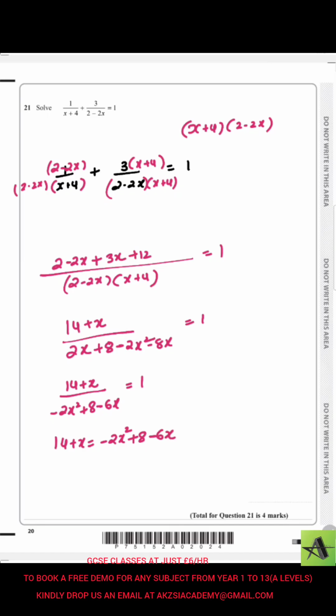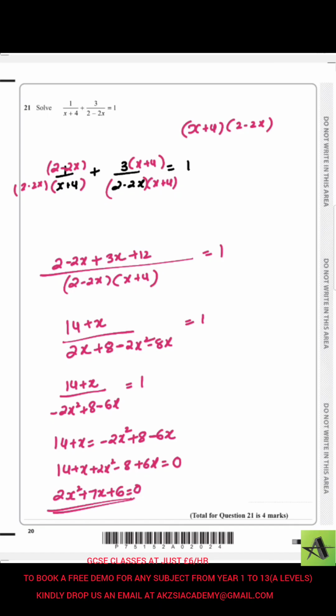Now bringing all to the one side, so I'm bringing all left hand side, right hand side onto the left hand side. It will give me 14 plus x plus 2x squared minus 8 plus 6x. Obviously, when we transpose, sign always changes. So finally, it will give me 2x squared, 6x plus x is 7x, and 14 minus 8 will give me plus 6 equals 0. This is a quadratic equation that I have to solve, so